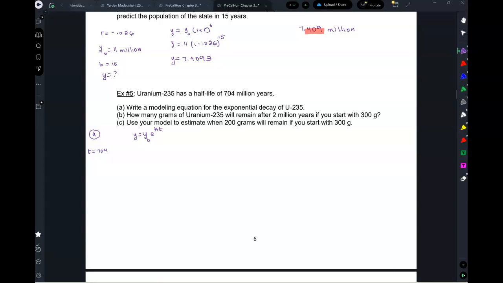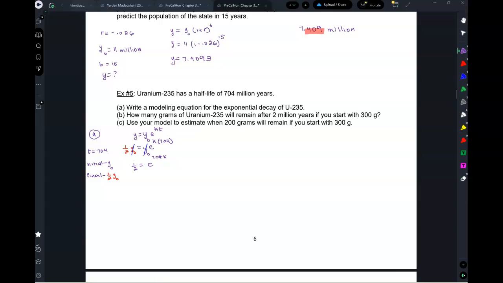So now, if initially I had y naught of something, 704 million years later, I'm going to have exactly half of that amount. So the final amount is going to be exactly half of what I had before, half y naught. So going here, my final amount is half y naught equal to y naught e to the k times 704, which is my t. I'm doing this because first I need to find k. So the y naughts here will cancel. So I have half is equal to e to the